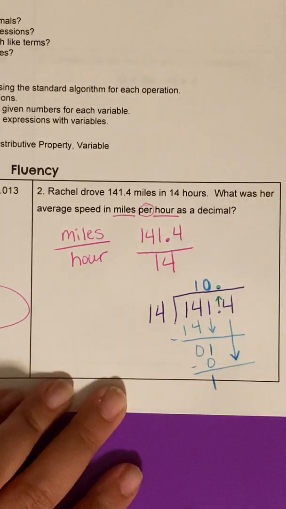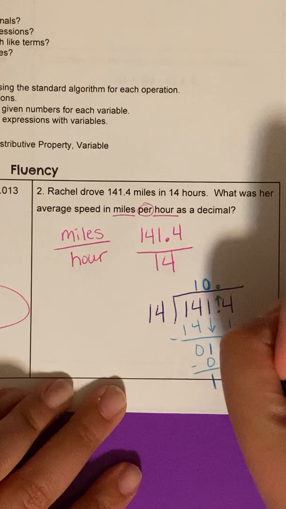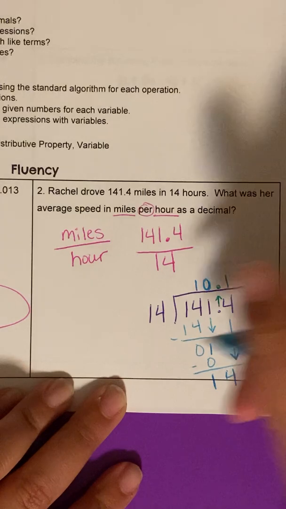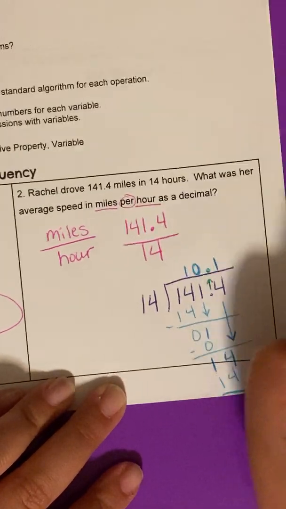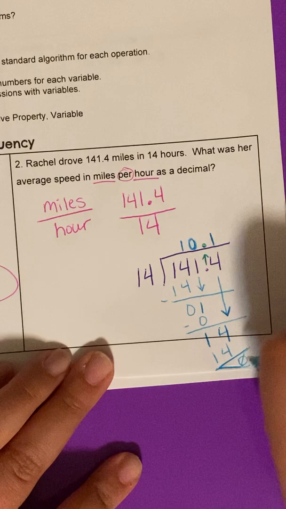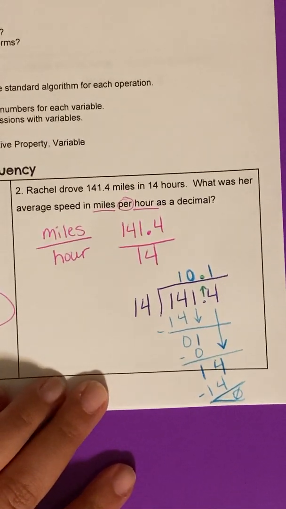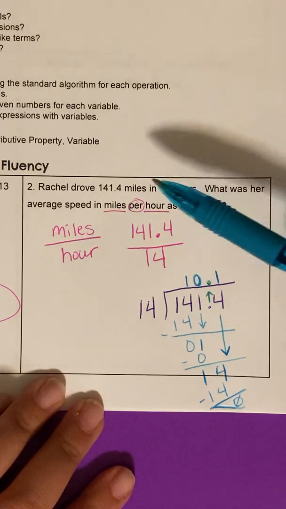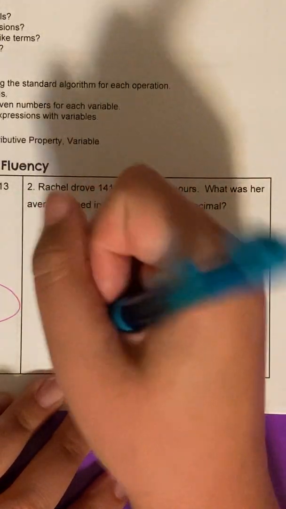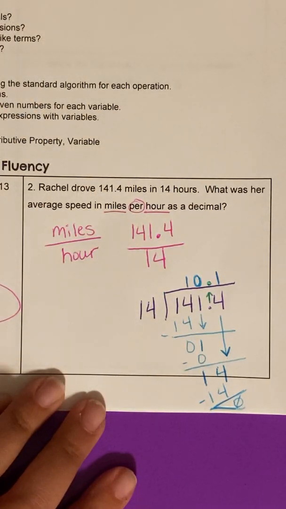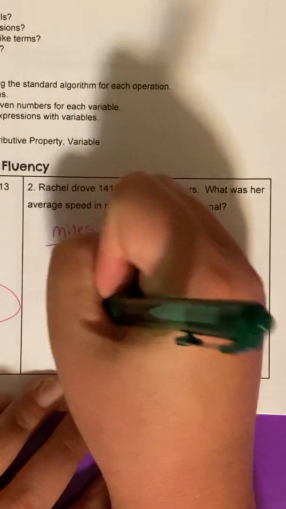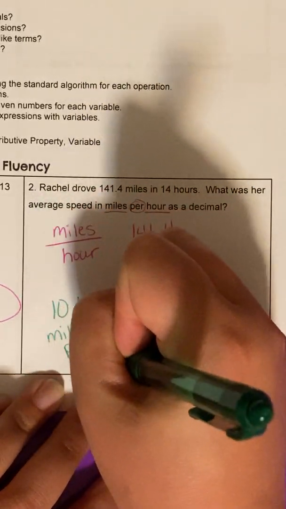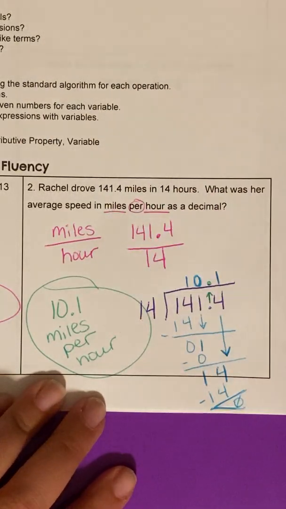Don't worry about that decimal. We already popped it up. So we need to bring down that 4. How many times can 14 go into 14? 1 time. 14 times 1, 14. And you subtract and you get 0. So there is 0 remainder, 0 left over. So our answer is going to be 10.1 or 10 and 1/10. And it's going to be miles per hour. So you can write 10.1 miles per hour. Or you can put MPH, that is the same thing